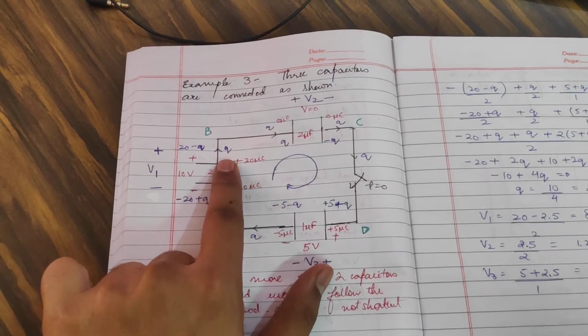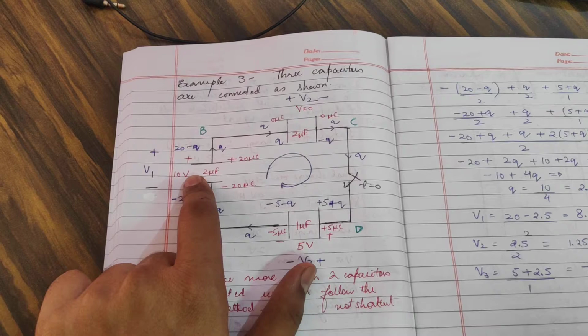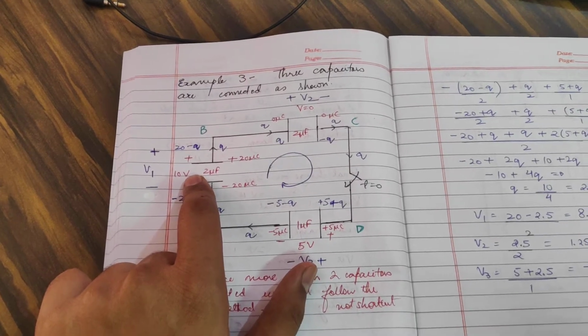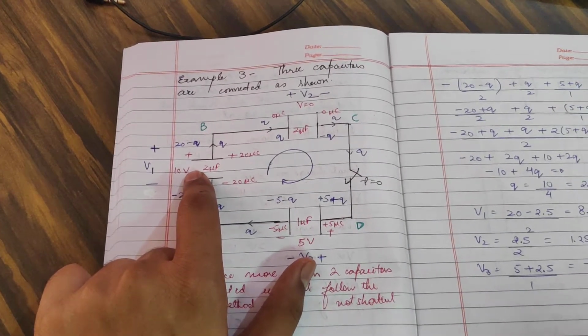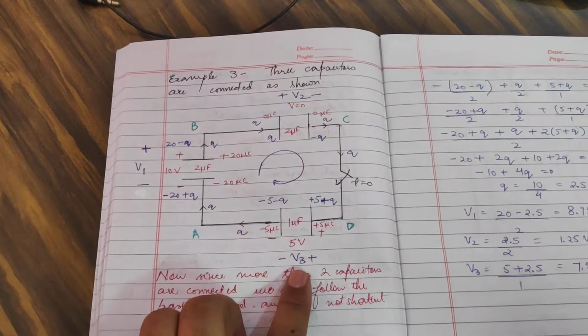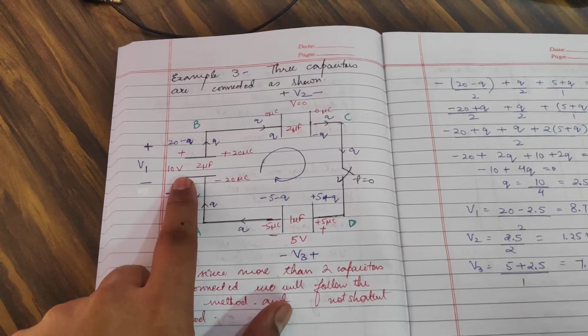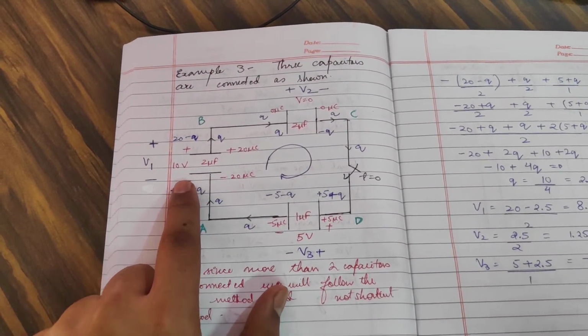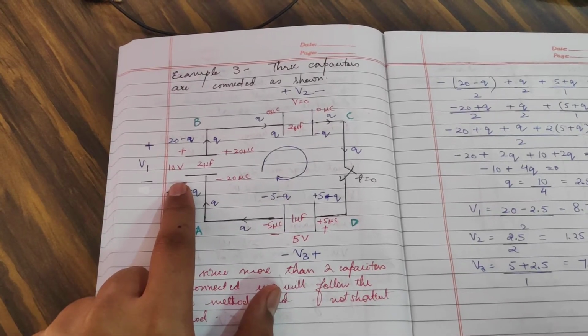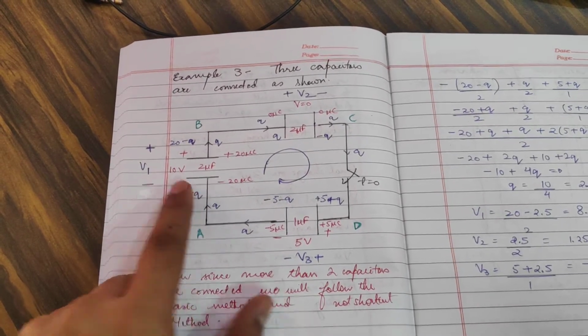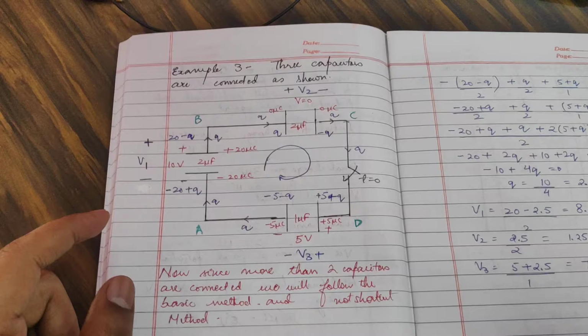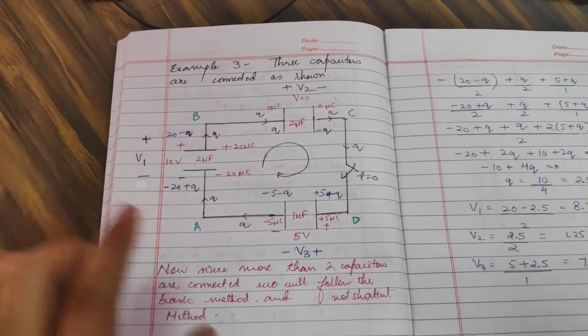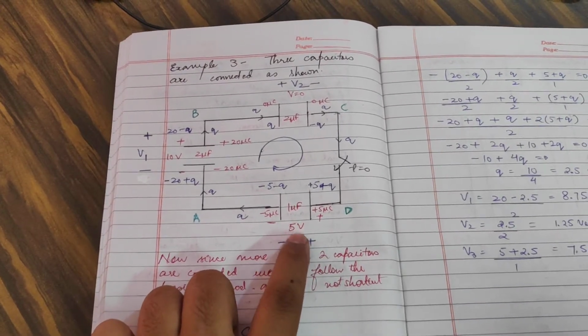If I take charge Q from here, see this is 10 volt. That is why I am taking the charge from here. This is 0 volt. This is 5 volt. So this has maximum potential, so I'm starting it from here. Well, it is not necessary that you start from a capacitor having high potential. If you look over here also, I can start from anywhere.